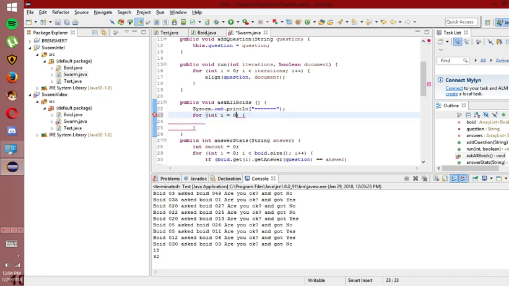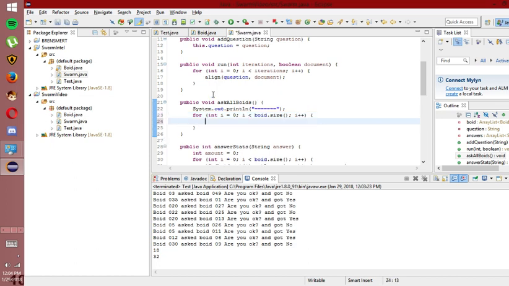Int i equals 0, i is less than boyd.size, i++. There we go. And in here, you're just going to do sys out, and you're going to say boyd plus i plus said, plus, you're going to get the answer, boyd.get(i).get